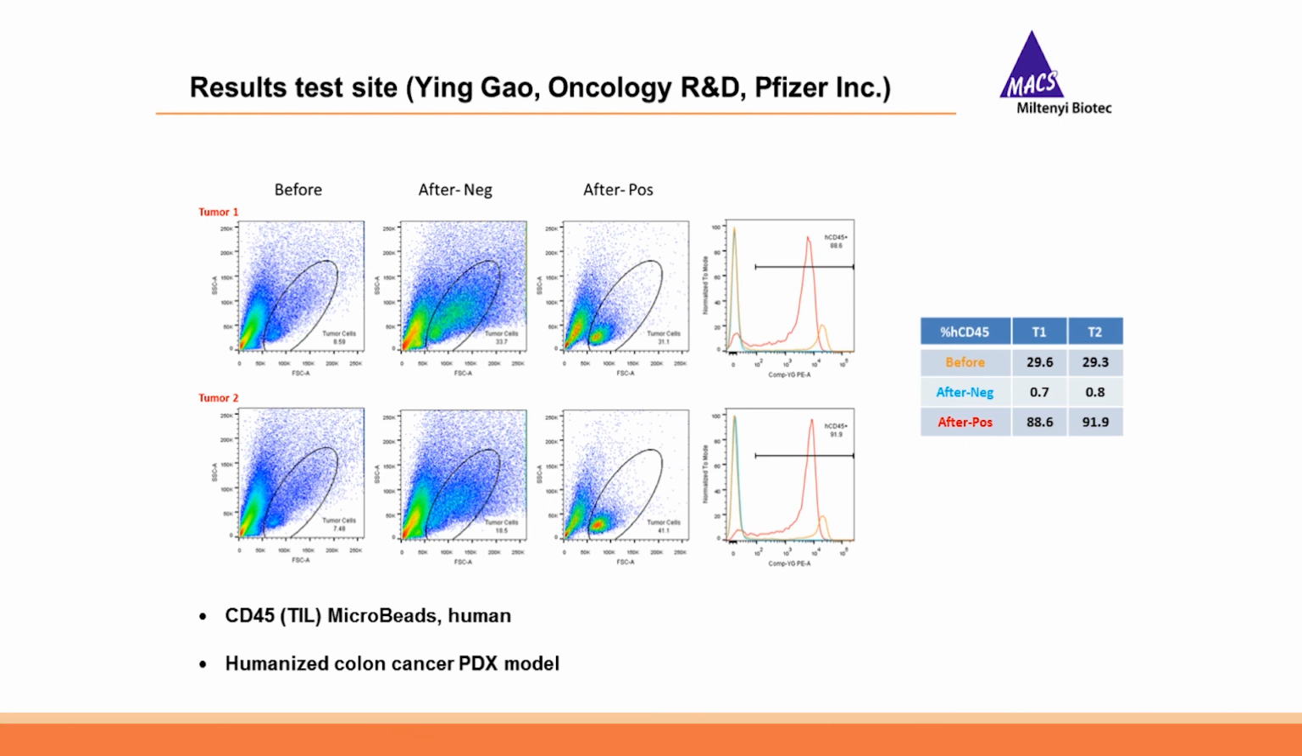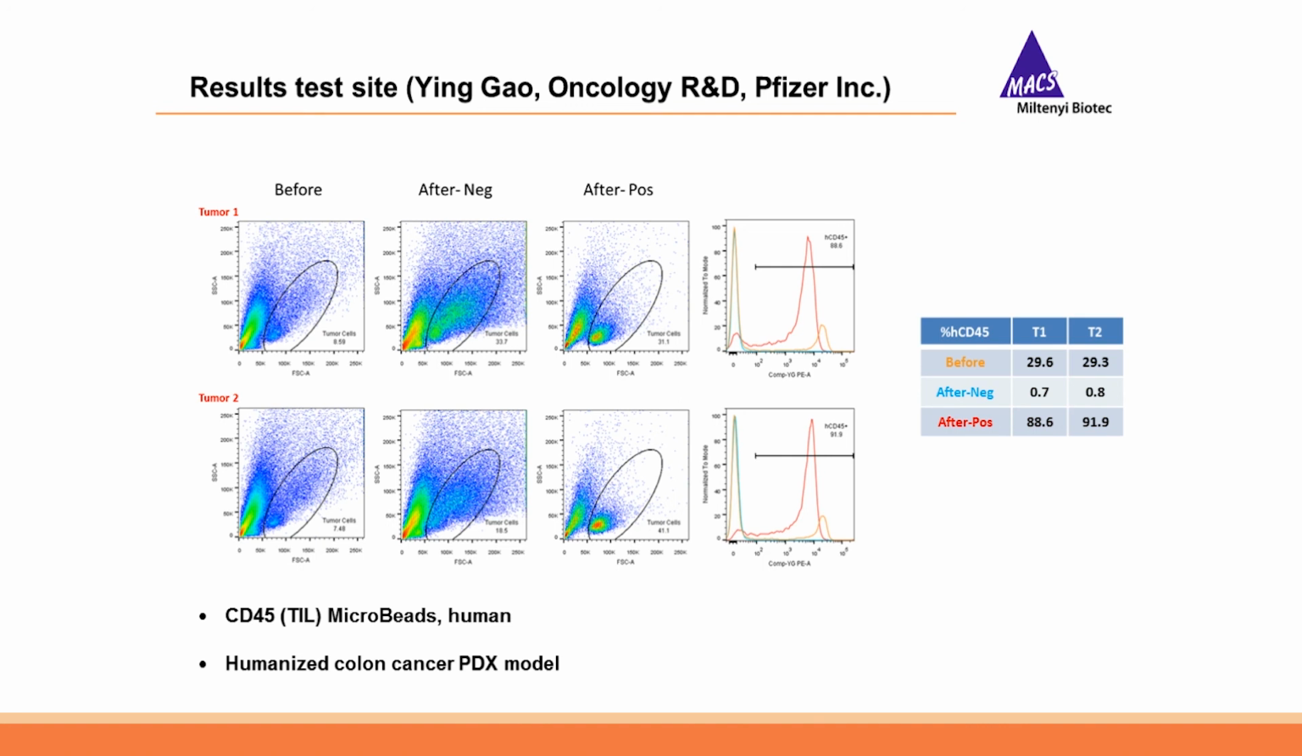And this, of course, because it's human-specific, not only works with the primary human material, but also with humanized animals, which are frequently used now in immuno-oncology applications. This is data from one of our test sites at Pfizer, where they use mice carrying a human tumor and also a humanized immune system, and then they are testing, for example, bispecific antibodies, T-cell engagers, and then want to isolate their T cells that are actually infiltrated in the human tumor xenograft,